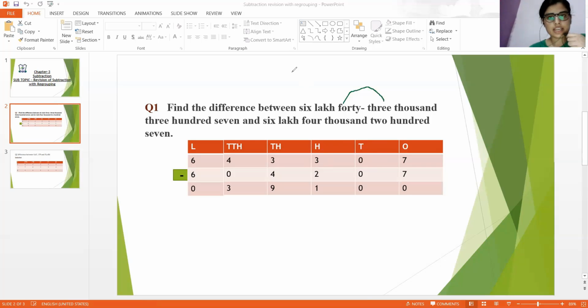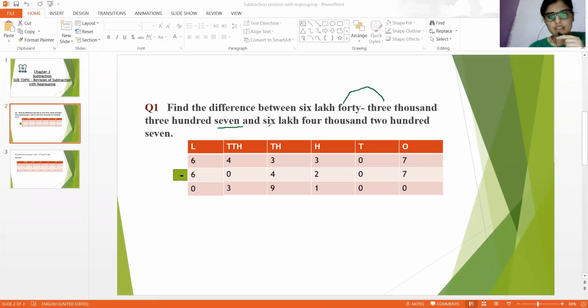Why? Because we can see here it is written after 307, so that means there is no tens here. In place of tens we have to write 0, and in place of ones we have to write 7. So this is how we can change the word form into numbers form. Now we will see the next number.